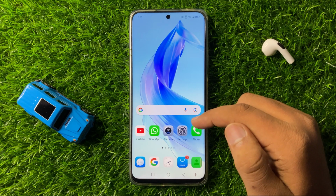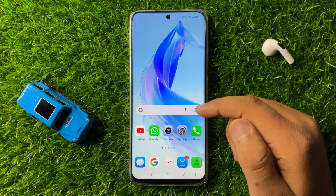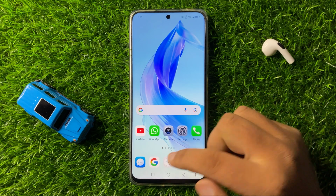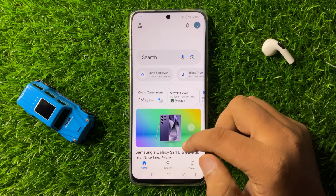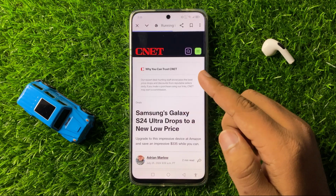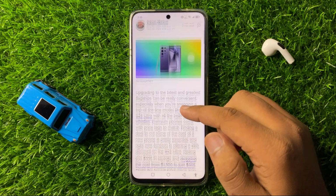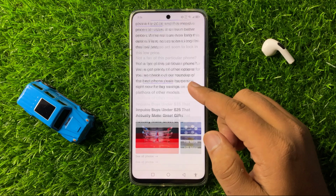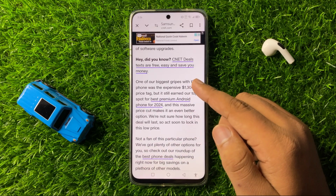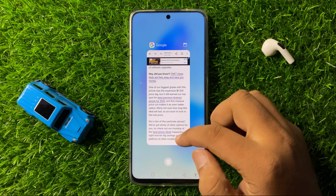But if you are still facing the issue after doing this, then check your internet connection. To check your internet, open a browser. Now here search for something and check if your internet is working correctly or not. So if your internet connection is not working, then fix your internet connection. But if your internet is working properly and you are still facing the issue in using the hotspot, then move to